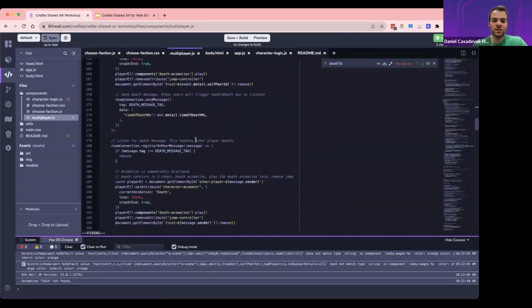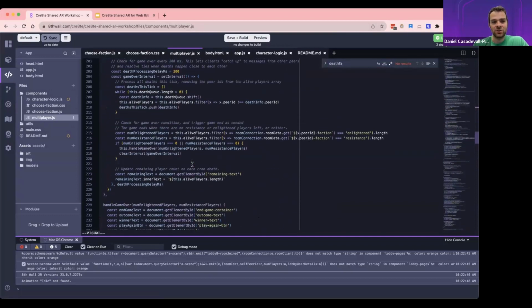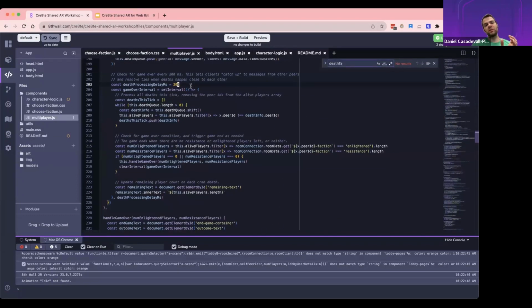One issue we were having when players were dying, and I'm going to go through the death processing here, is that you died at time A, and you received a message that another player died like 100 milliseconds before you, but it was already too late because you had already decided that you died, therefore you lost the game. But maybe that other player died before you, and you just didn't receive that information until later due to network latency.